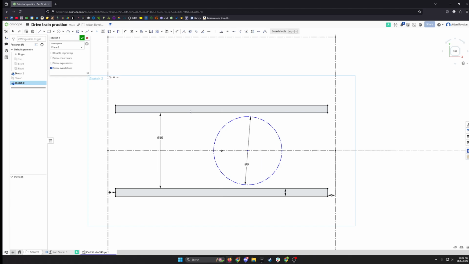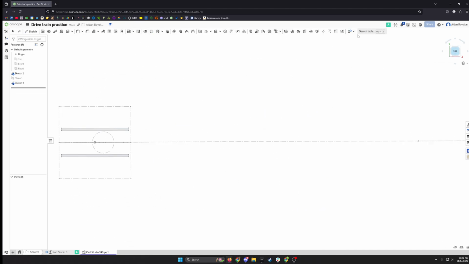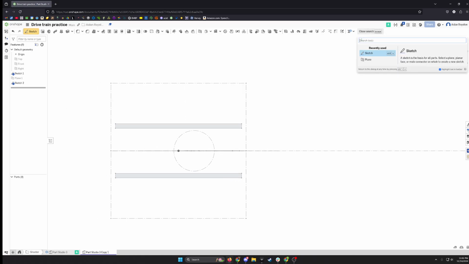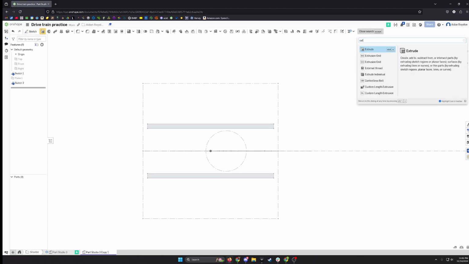So now that's all we need in this sketch. We're going to go ahead and hit OK, and we're going to go to extrude individual, because we're going to use these parts as a reference, and if we do a normal extrude, it's not going to work out right. So we're going to go ahead to the search bar up here in this corner and search